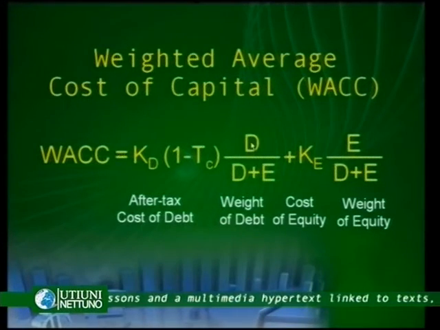So this ratio, that is D over D plus E, is the weight of the debt over the financial structure. In other words, if you have a financing need for this project of $1 million, and you take 400,000 of debt